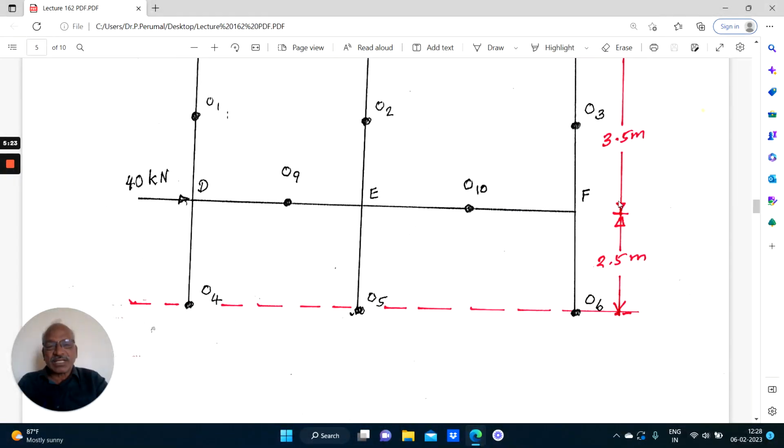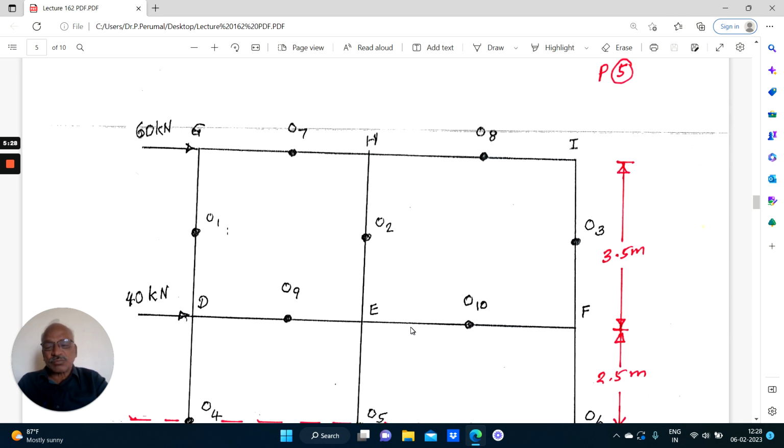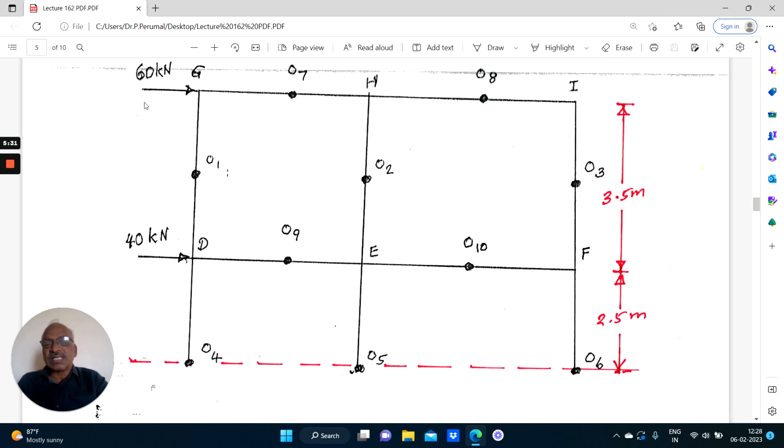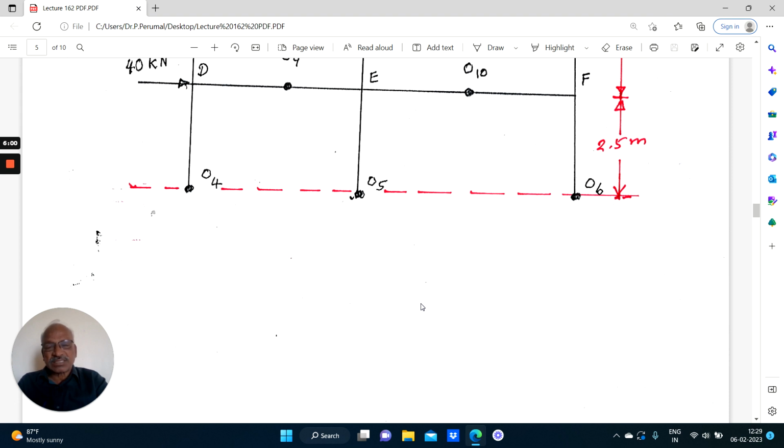Also, we are going to calculate the overturning moment at this level, O4, O5, O6, whose moment will be equal to 60 into 3.5, the top story, plus half of the bottom story, 2.5. So 60 into 6 plus 40 into 2.5. That will be the overturning moment at the level O4, O5, O6. That is the overturning moment at this level due to the loads above this hinge. That we are going to calculate. So that is,